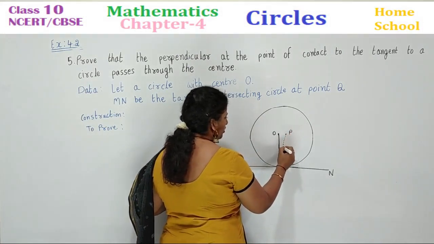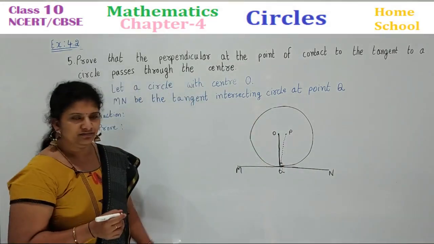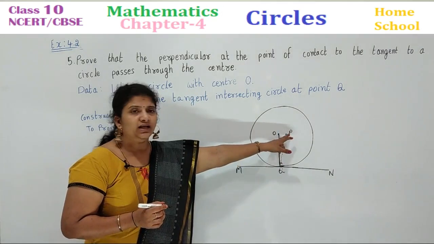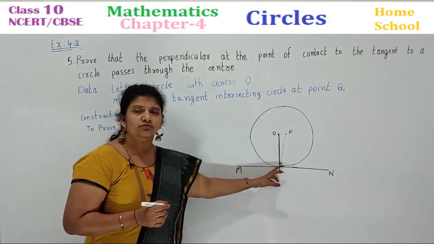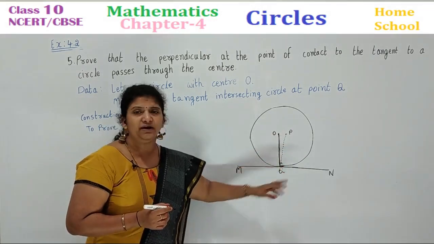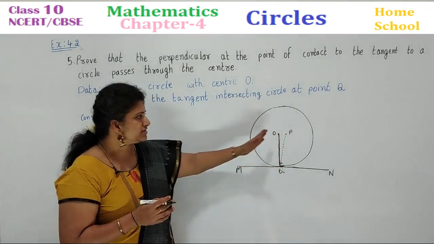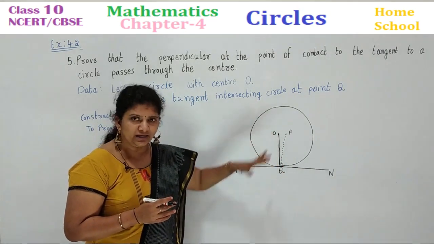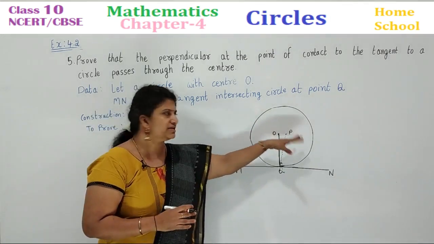And I'm going to join this, put a dotted line. So what I can say now, from the point of contact, I have taken a line here from P. I say that through the point of contact, this is perpendicular. Imagine, I'm not saying this is a radius we know, but it is at the center we know, but I need to prove. When I need to prove, I'll assume a point a little that side or this side.